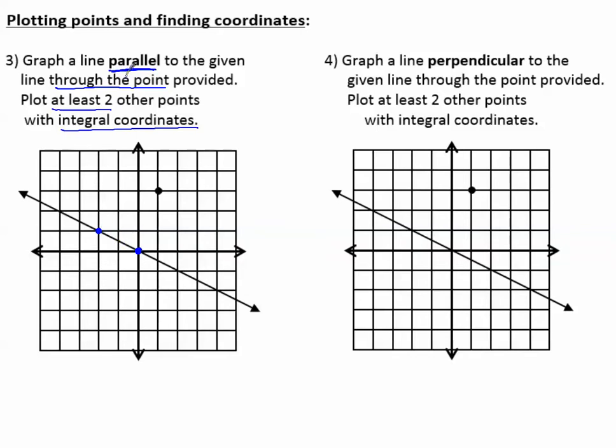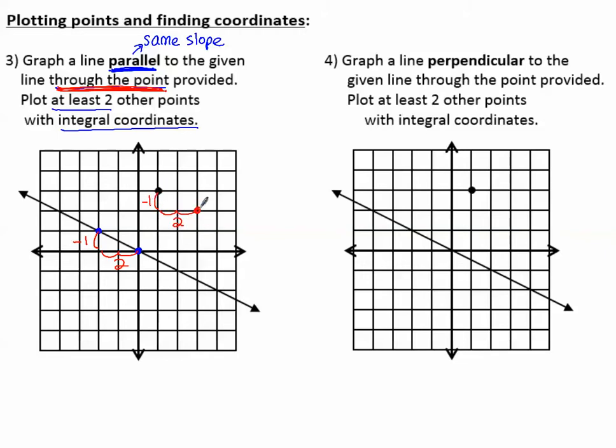So remember, when we're finding a line that is parallel, we want to think it needs the same slope. So let's start by finding the slope of the given line. From one point on the left to the point on the right, I count the slope down 1 and then over 2. So if I'm using this point, because it says it has to go through the point, then I'll start here and I'll count the same slope, down 1 and over 2, and then